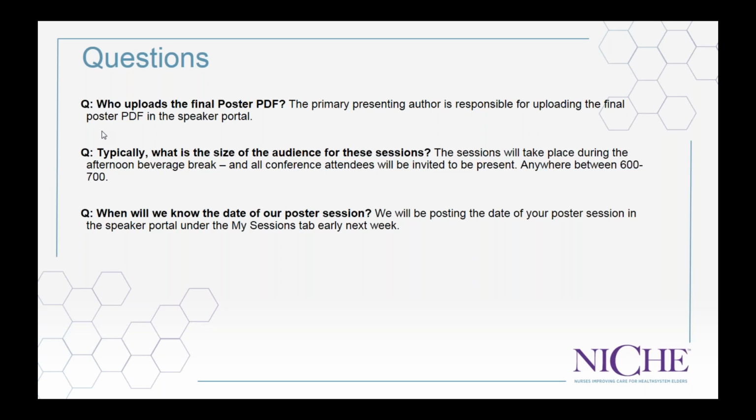Now, if they have not paid for the 3-4 day conference and they've paid for a 1-day or a 2-day conference, as long as they don't want the money to change, like going from 2 days to 3 days, they can stay within that parameter of selecting the same number of days, but just different dates. So keep that in mind. You can go back in, modify your registration, and choose different dates. If that's not working for you or they need more hands-on assistance, email conference@nicheprogram.org and someone will assist you. So that's an excellent question. Thank you for that.